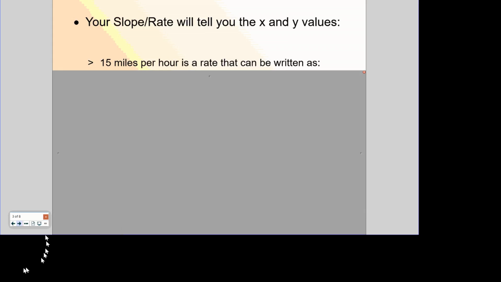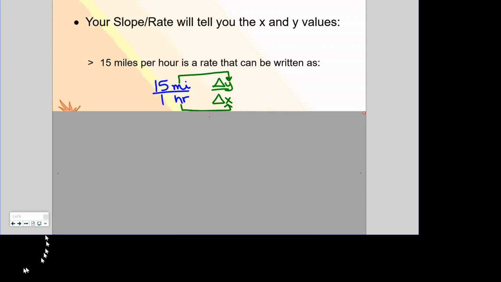Oh, sorry, forgot one little thing. Our slope is going to be really helpful for us today and throughout this unit in helping us determine which variables x and y represent. So for example, if we are given the rate 15 miles per hour, we can rewrite that as 15 over 1. So 15 miles per hour, if we know that to be our slope,